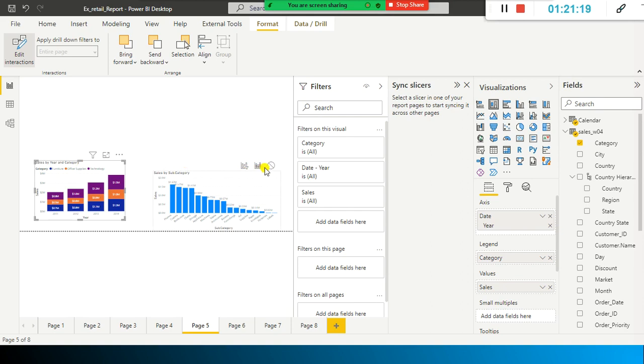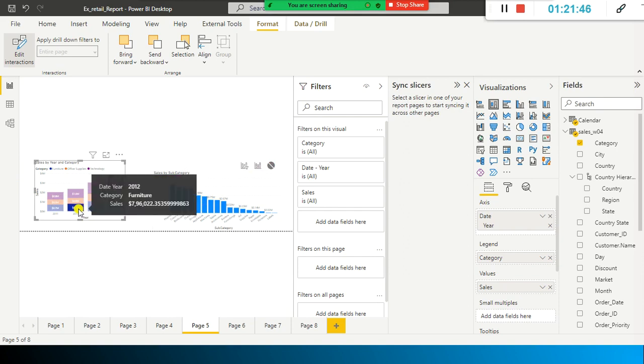Okay, when I select any one of these bars or any one of the stacked bars here, don't filter the corresponding value here, no interaction. For example, I select this one, none. If I select this one, only the filter is applied here, it is not doing anything.